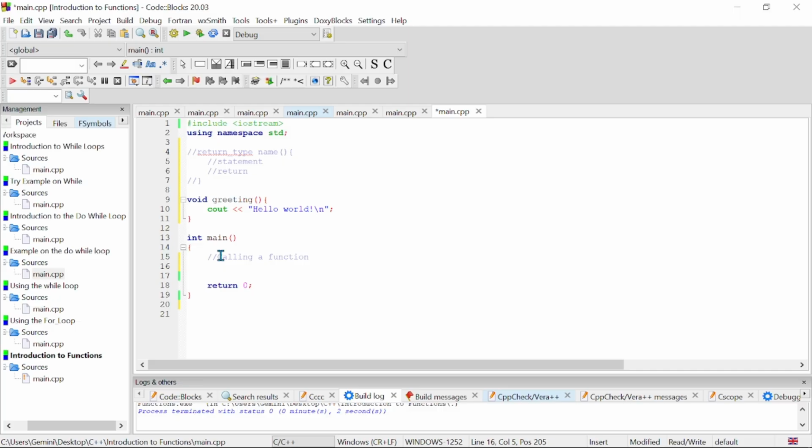By calling a function, you simply call it by its name and then the open braces. If it has parameters, you have to put the parameters in there too. So let's simply call this greeting function, bracket open, bracket close, and then we can end this, and this is simply going to output